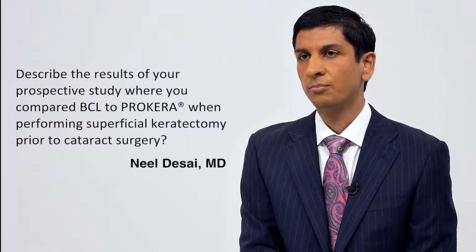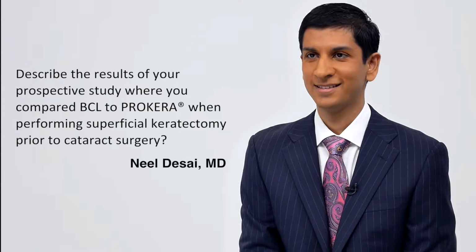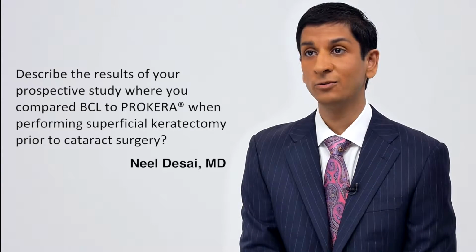So we did a prospective, intra-patient controlled study of patients receiving superficial keratectomy for epithelial basement membrane dystrophy, recurrent erosion syndrome, or Salzmann's nodular in preparation for refractive cataract surgery. Essentially what we did was we took 10 patients with bilateral disease that was either symmetric or asymmetric in severity,